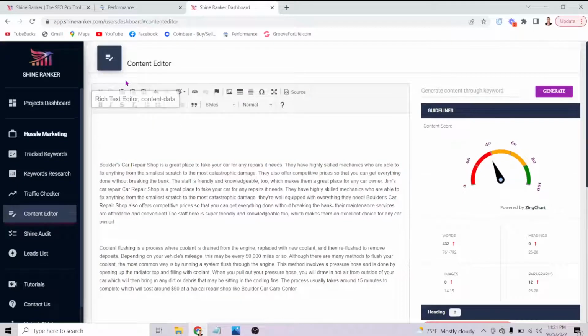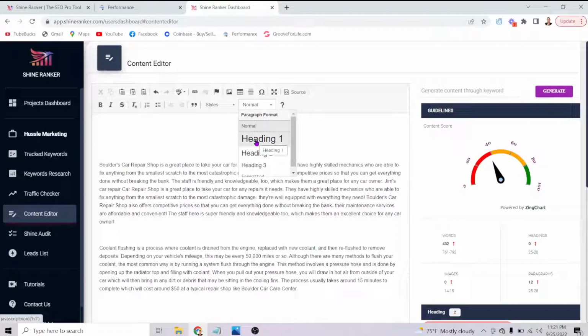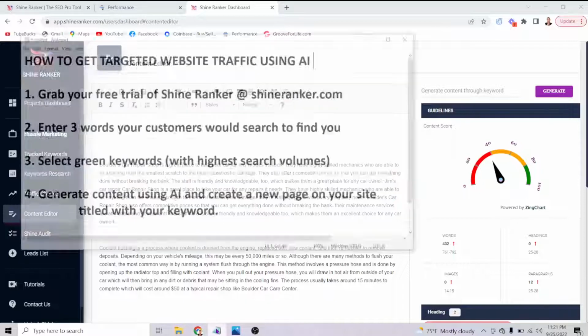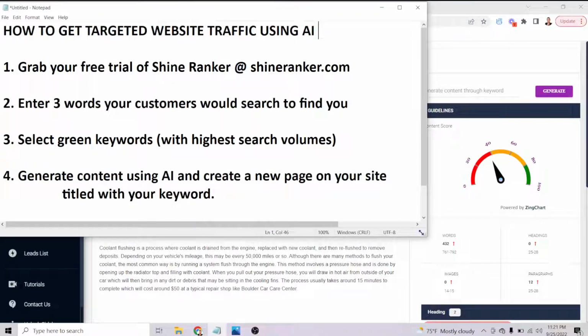And the cool thing about this tool is you can even go through and adjust the fonts and headings so that when you paste it in, there you go. You can set your headings so that when you paste this into your website or your blog, it's already optimized. So ideally, you'll want to get this over to the green side by creating content. And that's really it. If we come down here,